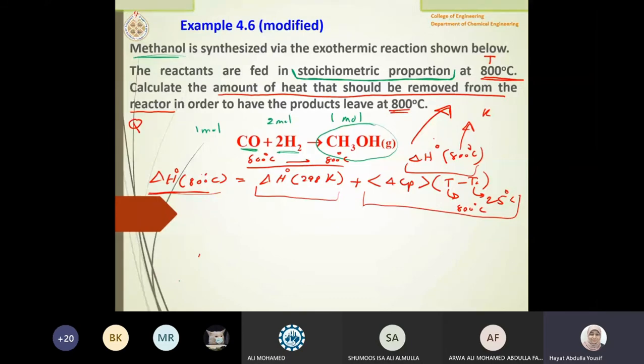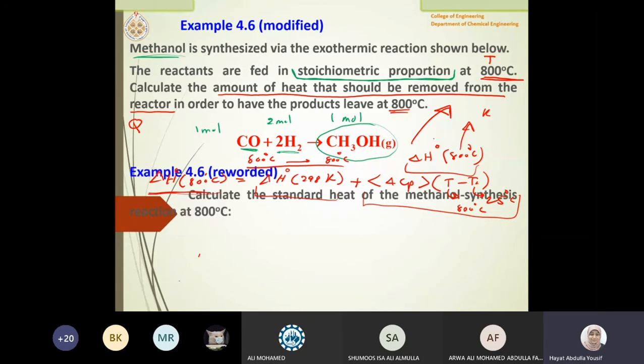And then the question now, how to get delta H naught at 298? This delta H naught is basically the standard heat for this reaction. Which table do I have to use? Is it not appendix C4? If you have your book with you, then you will notice that delta H naught is simply found, as Arwa said, yes, we will find it using the standard heat of reaction.